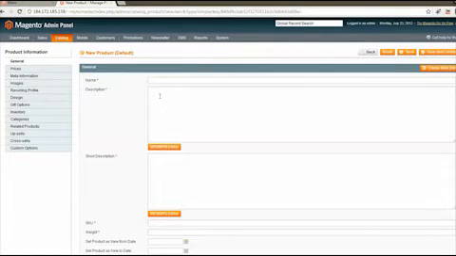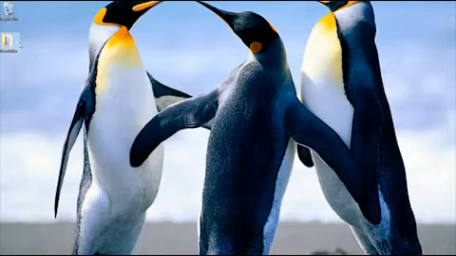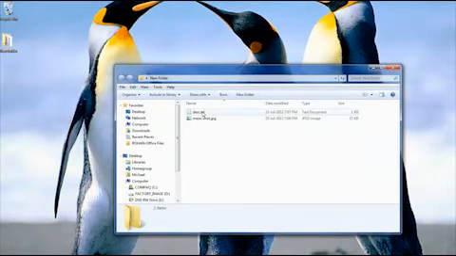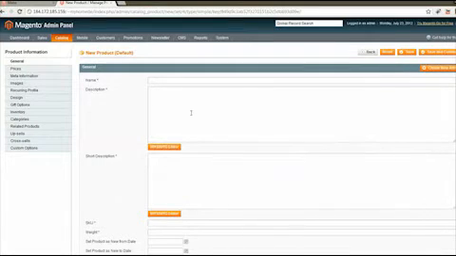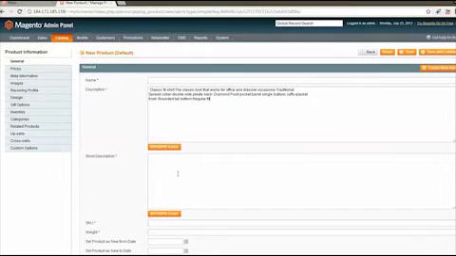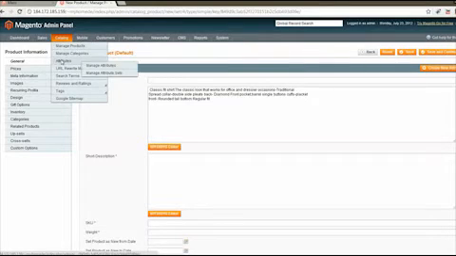Okay, so now I have this product that I want to add. I have a description here. I'm just going to copy this, paste that in there. We also have a short description. Okay, we have description and short description. A lot of websites, you will only need one of these boxes. So what I'm going to do is actually just get out of this, and I'm just going to go over to the attributes, manage attributes,